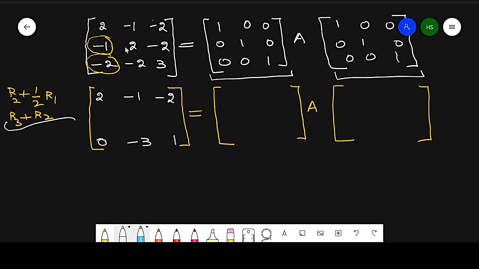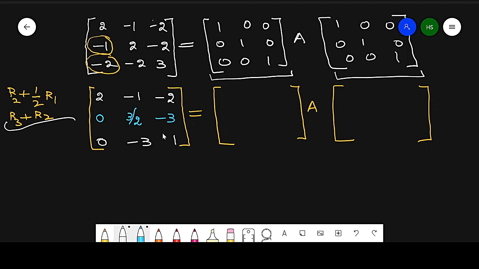Now here it is a sum, so this will become 0, no problem. Now multiply by 1 by 2, then add. So 2 minus 1 by 2, which is 3 by 2. And again multiply by 1 by 2, then add. So this will be minus 1, minus 1, minus 2, so this will be minus 3. So just check the calculation.